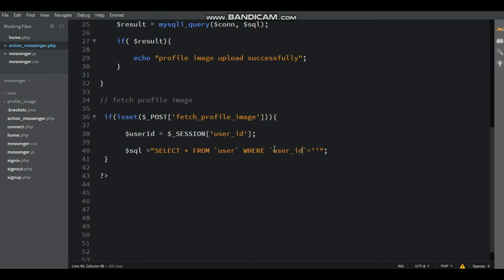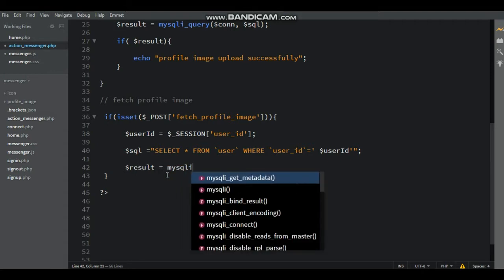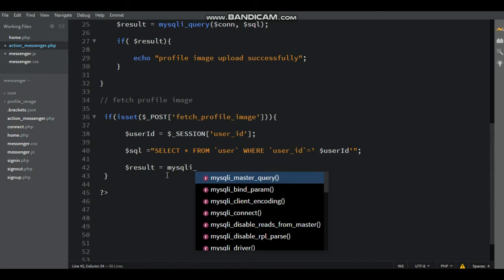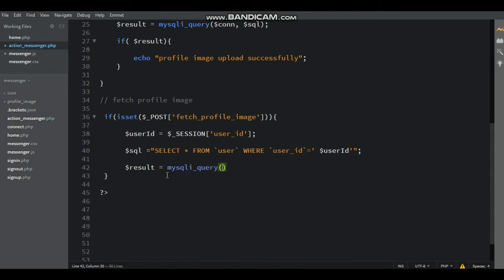User ID equal to, copy the user ID, paste inside single quote. Then connect to the server, that is mysqli_query, $result equal to mysqli_query inside bracket, using two parameters $connection comma $sql query, close with semicolon.